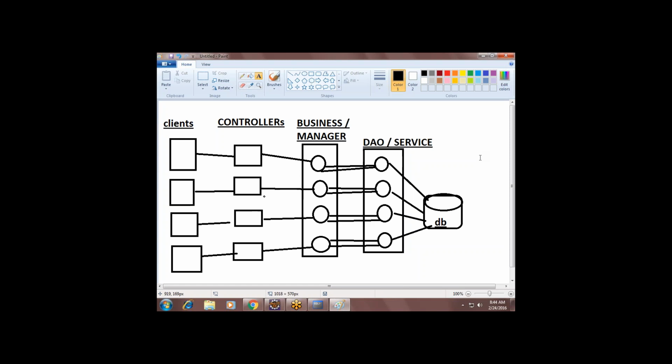So there are 3 layers we created. The diagram is gone, right? Why is the manager layer created in between the DAO and controller? Can anybody tell me the reason, guys? DAO means it's talking directly to the database.